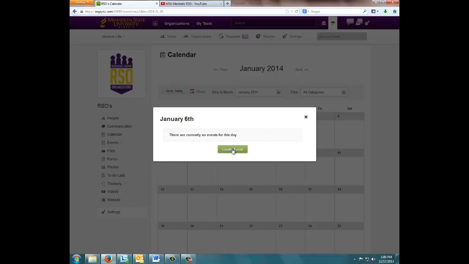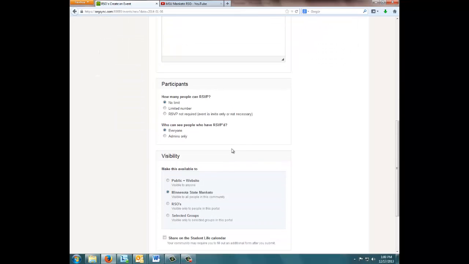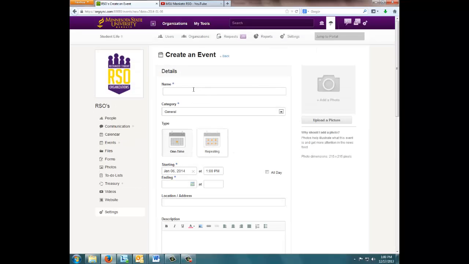Then you've got this create event, click that button, and here you have your whole template for all the pertinent information you need to provide to your members for the event you're scheduling. I'm going to use our RSO staff meeting as the example, so I'll schedule that. And this is a recurring event, so we do meet once a week, as may be the case with many